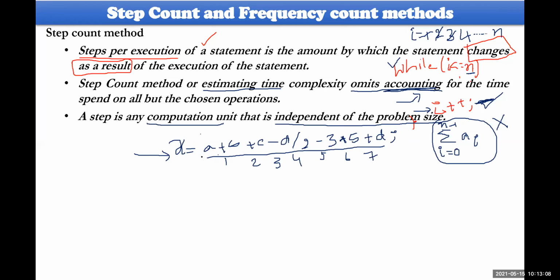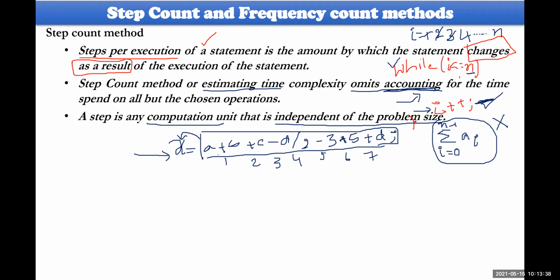Individually, if you talk about the individual operations of this expression, 7 different operations are there. But all together, all 7 operations will be done in a single step, only one step. Everything will be done in one step, and the resultant value can be stored in X after evaluating this single step. So that is the meaning.